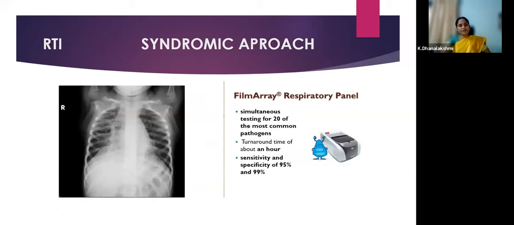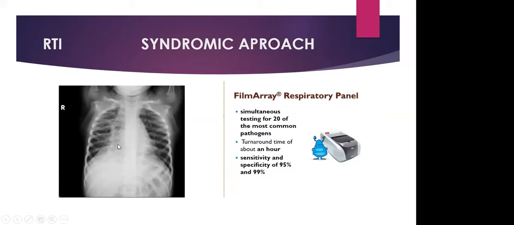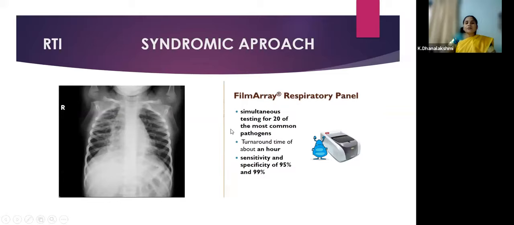So here is a child who had severe respiratory distress requiring a PICU stay. This is a 3-year-old child with respiratory distress requiring PICU stay. X-ray shows a dirty lung appearance, bilateral perihilar infiltrates, right more than left, and there is some segmental atelectasis also. So here we are not able to find the exact etiology.